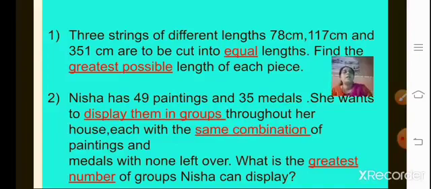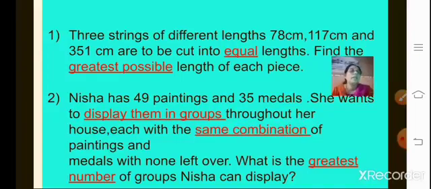Now see the second one. Nisha has 49 paintings and 35 medals. She wants to display them in groups. Again, these two numbers, we have to make into groups, or split into smaller parts. Throughout her house, each with the same combination, that is equal number of paintings and medals with none left over. What is the greatest number of groups